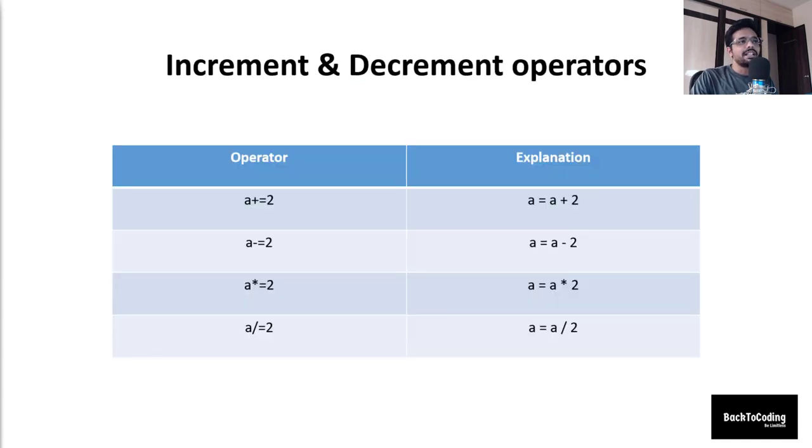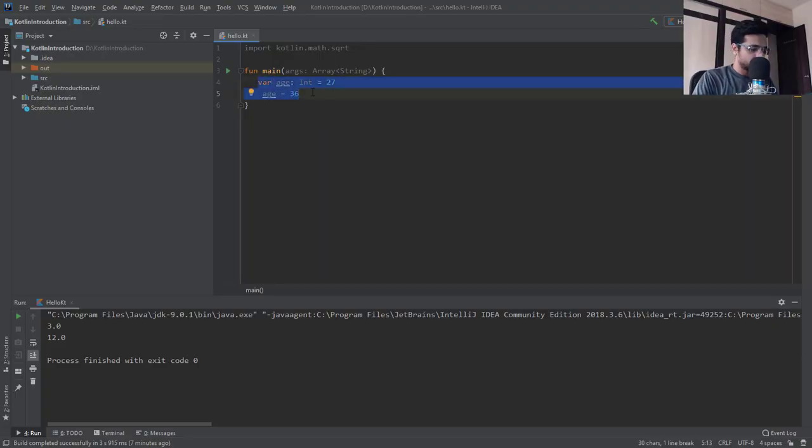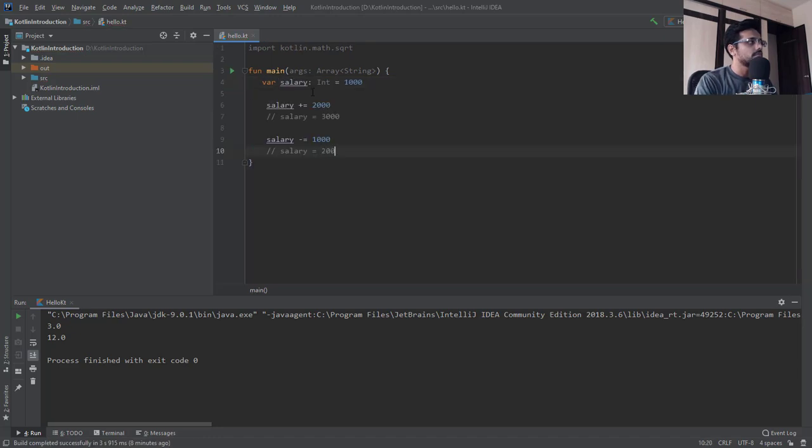Now we'll see increment and decrement operators. As the name suggests, they are used either to increment or decrement a value. Let us see it practically. Here the salary variable begins as 1000, the increment sets its value to 3000 and then the decrement sets its value to 2000.